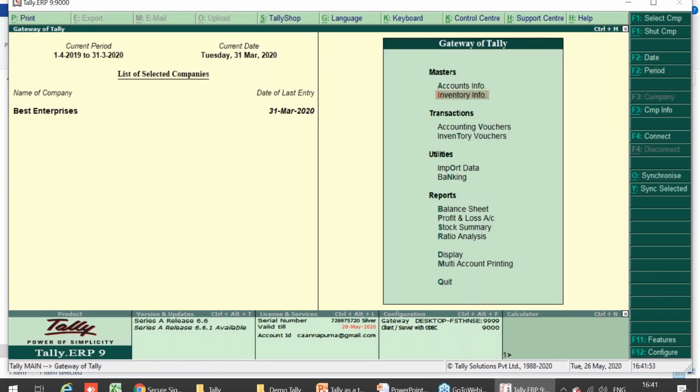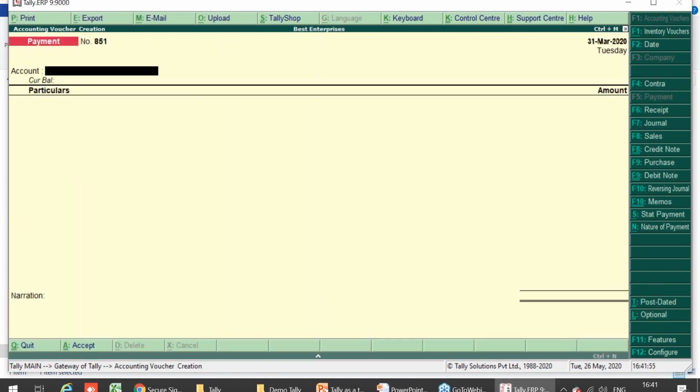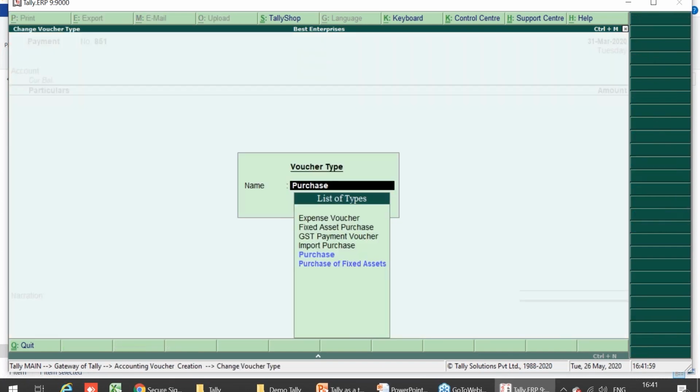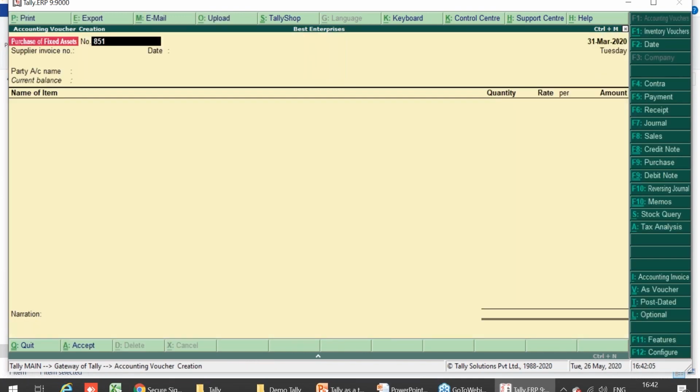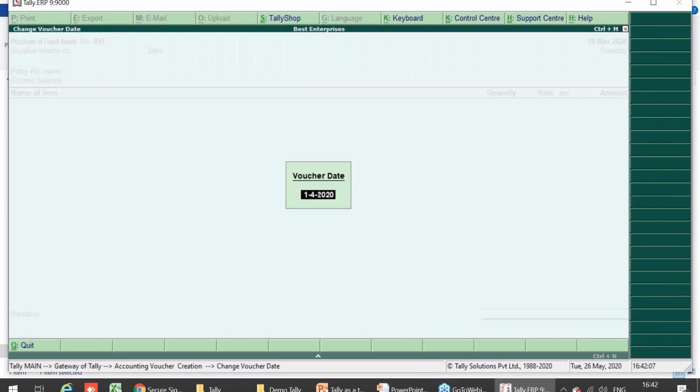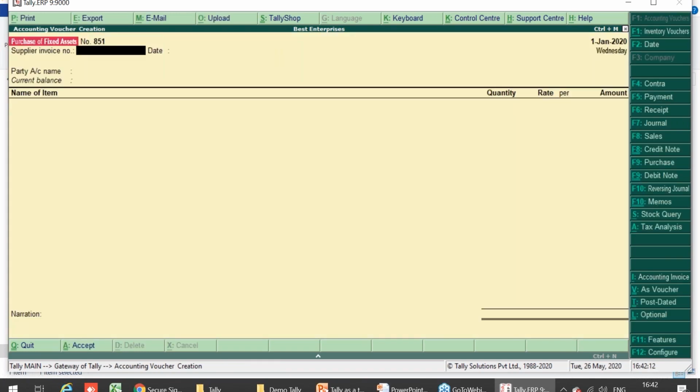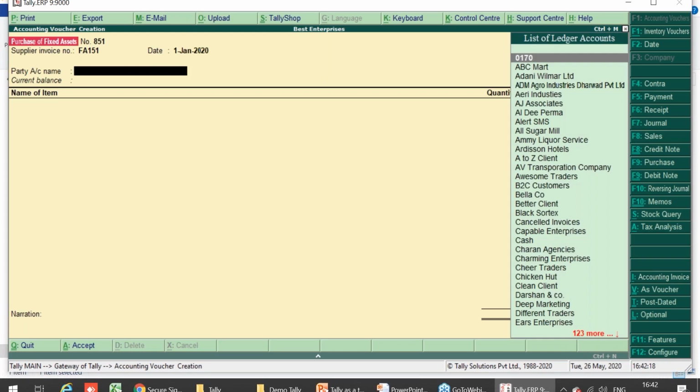Now I will post an entry. I am doing a purchase, right? I'll click on F9. So I have my types of vouchers displayed here, purchase of fixed assets. I will just key in whatever information is required. Let's say I purchased it on 1/1/2020, and this is my supplier, invoice FA 151, whatever, and the purchase date is 1st Jan.